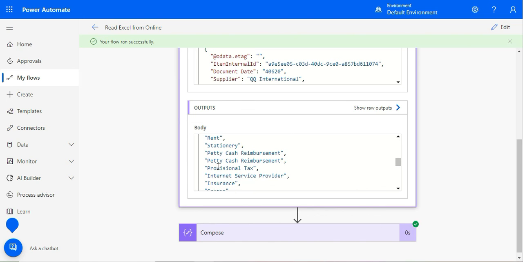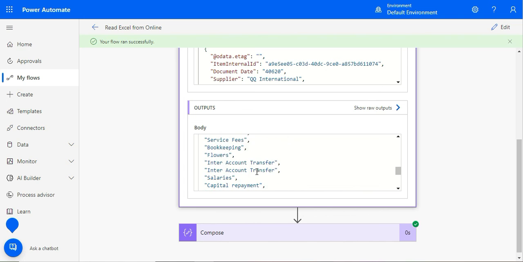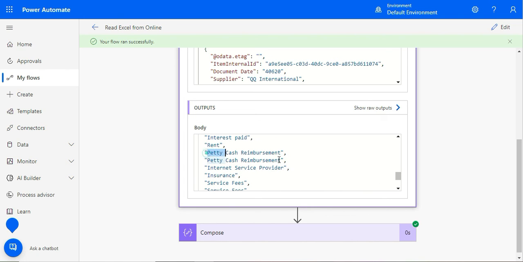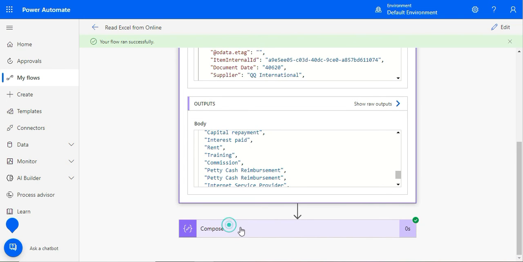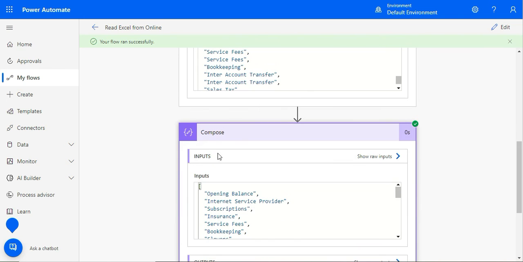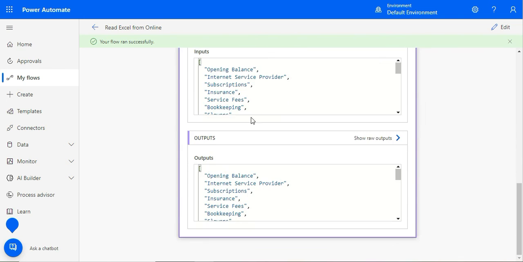But you can see a lot of duplicates in this selected value, right? So we just need to remove the duplicates. For that only we have created the next step, Compose, right? So in this Compose you can see all the duplicates have been removed,